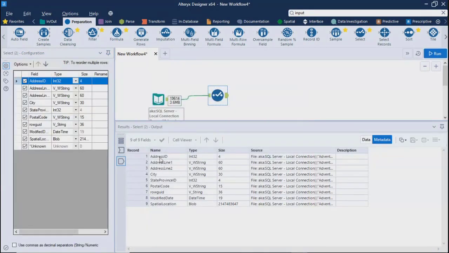But address ID, it is integer. So, I mean, you might know, right? It's an ID, and an ID in integer format doesn't make any sense because you cannot add two IDs, right? Can we add two IDs? No. We cannot add employee ID of ours and get some other number. Employee ID is an identification number that is either discrete or it should be in string format. It cannot be a continuous number.